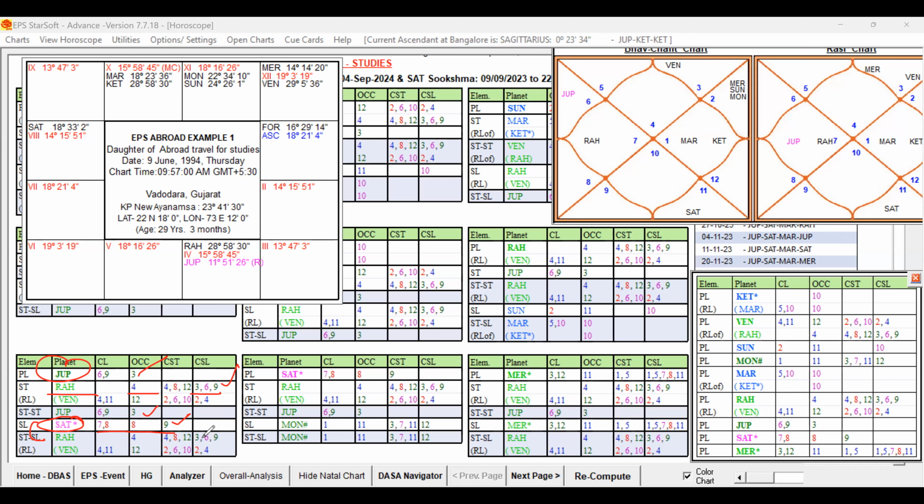Even if Rahu is not the 9th sublord, maybe instead of Rahu, Jupiter would have got it if you increase 1 or 2 minutes, Jupiter can become the 9th sublord. Or if minutes are decreased, then instead of Rahu, Mars can become the 9th sublord. So while we are doing the rectification of the birth time, when you are doing the verification on the past events, I will explain how to fix the sublord and all.